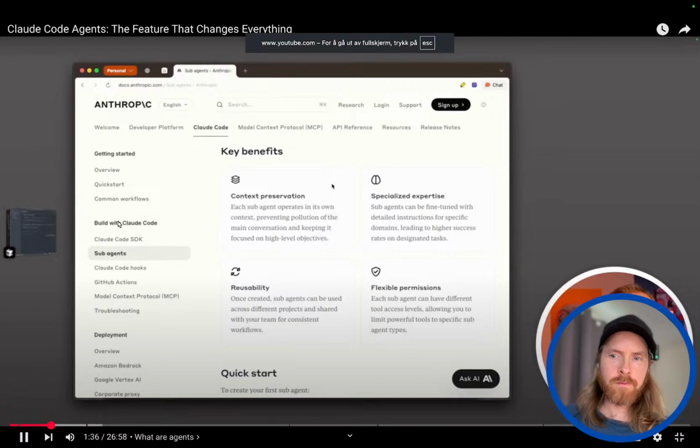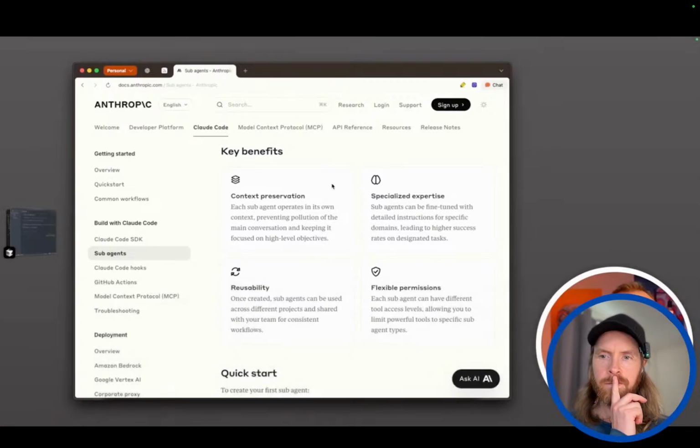Now, what's important about that is it doesn't pollute your main context. If you're having a chat and you want something to occur, please write a file or go research the best